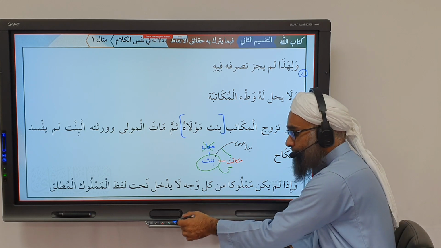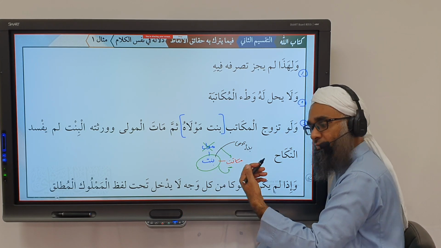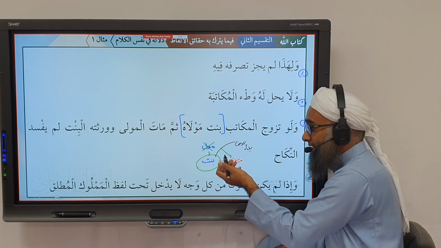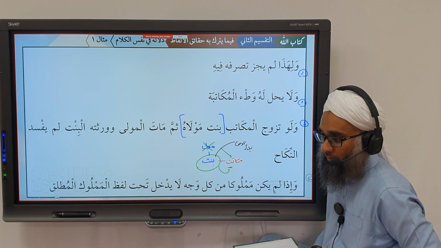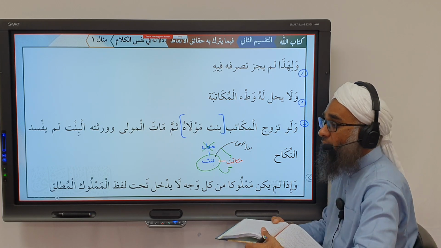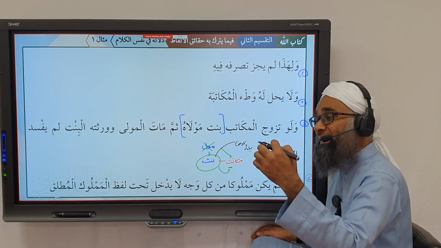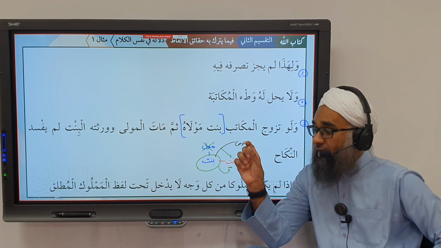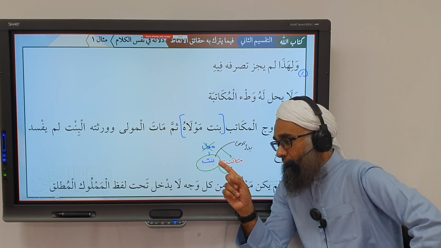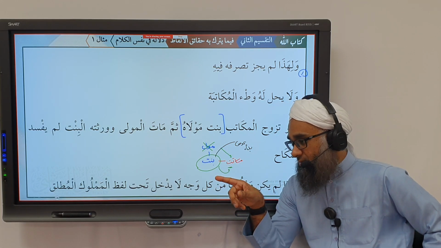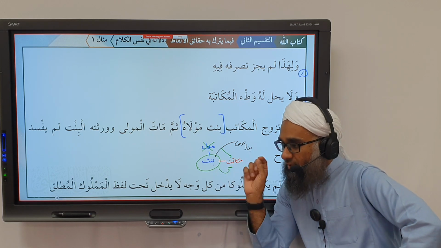If now, for example, she got married, and before his death, what did he say? I can't pay off. He gave up the mukataba. And then she inherited, then the nikah becomes batil, null and void. You understand? So when you say here warithathul bintu, it means warithat badla mukatabatihi. She inherits the money due, but she can't inherit him. Fahimt? Yes? So all three of these scenarios are evidences